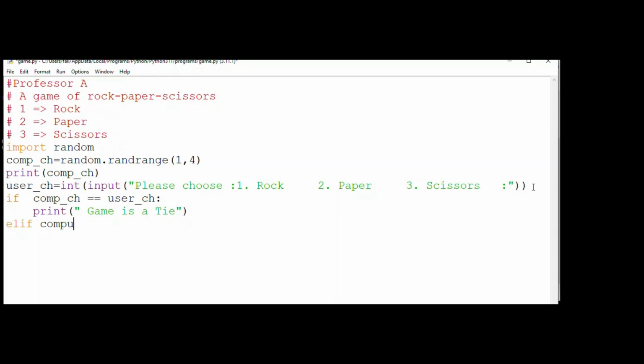If computer choice is equal to 1, right? We will try to see all the combinations in which the computer can win, and of course if the computer didn't win, the user wins. So we will go through all the choices. If it is 1, then the user choice should be